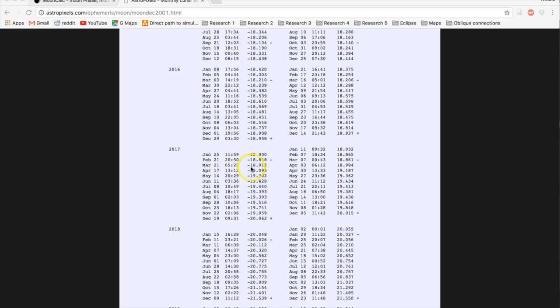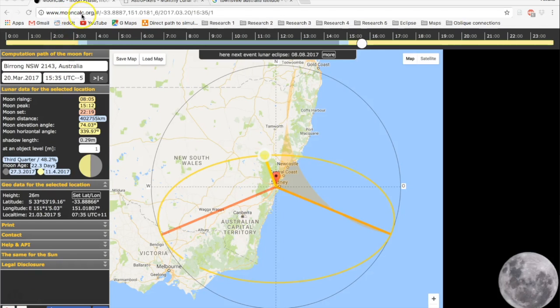This is where the moon is going to be directly overhead on the equinox. So here we are at mooncalc.org, and I've got it set up by Sydney here. We know that what we're looking for is the moon's meridian passing being 90 degrees directly overhead, and we know that it's in the south. We know that it's like 18.9 degrees. Sydney's farther south than that, and so here you can see that if I drag this slider,